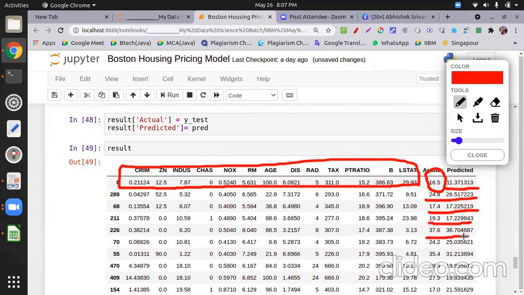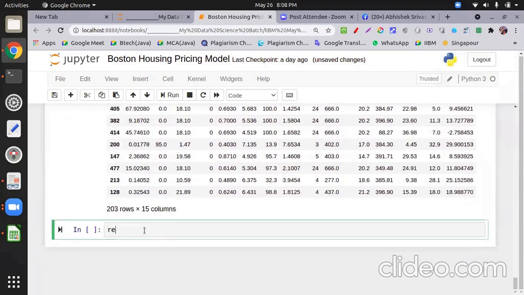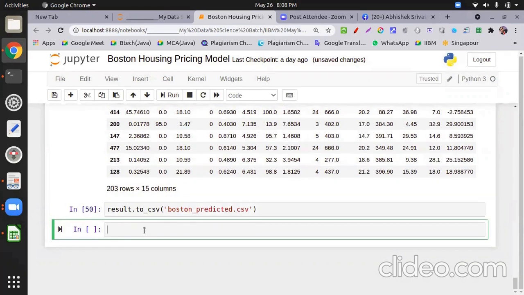If you remember my slide, I showed that some actual values are far away from the predicted values, and some are near. The same thing is happening. Now, if you want to write this file, we use result.to_csv, Boston predicted dot CSV. This is the way you write the file.